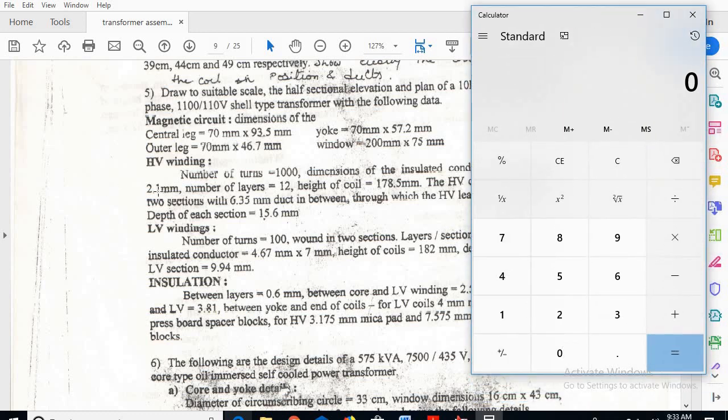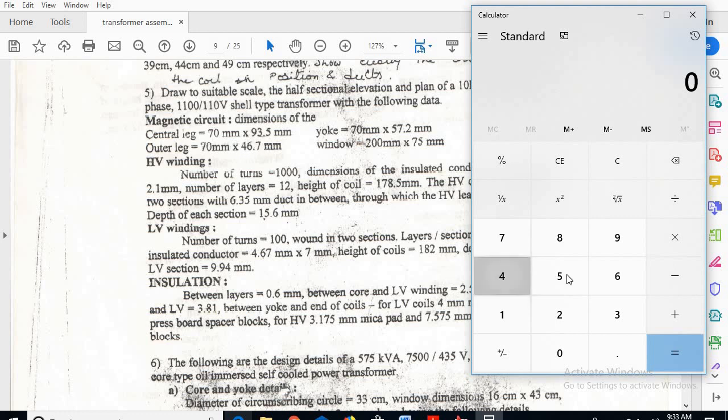Okay, so now central leg, I'll come from the outer leg. So for the outer leg dimension, depth he has given us 70, we don't require the depth. I'll go for the length. So length will be 46.7 mm.